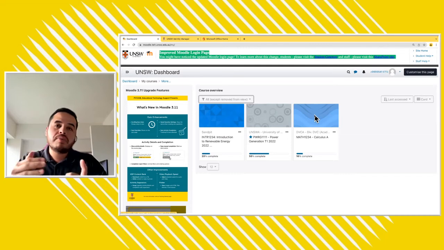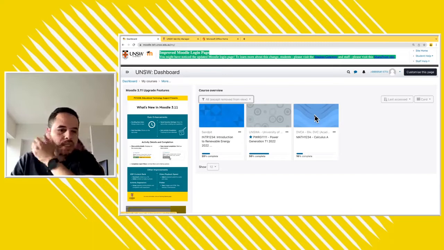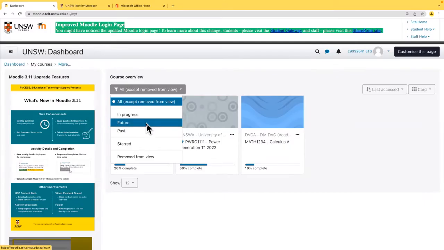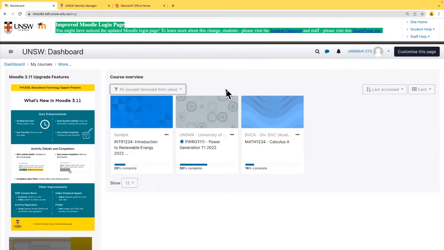In the opposite case though, some courses may always remain in your Moodle dashboard. I remember when I was a student at UNSW, there were courses that I had access to throughout my whole degree pretty much because instructors just chose to leave it visible. But again, it's also quite common for them to hide them after the end of term. Perfect. If you are having trouble locating a course, it may always be because of a filter that you've set. So again, just reiterating to always keep it where possible. At least our recommendation is to use the all except removed from view filter.